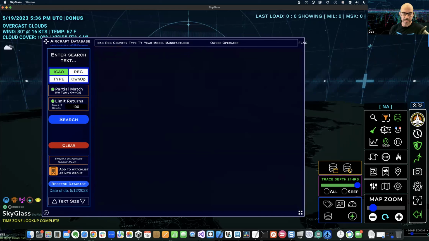If you try and do something that requires the database to be loaded, it may load the database for you, probably give you a check beforehand saying, you sure want to do that? And then you say yes, but it may or may not open up the interface. If you're doing it from like the watch list and you click on one of those info panels, it wants to go and load the database and give you the database information on that aircraft,